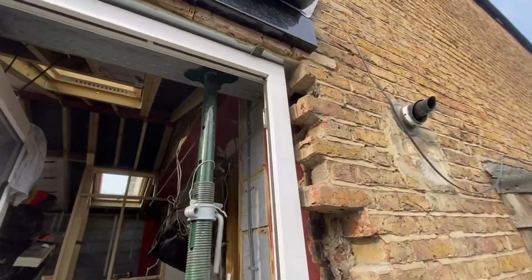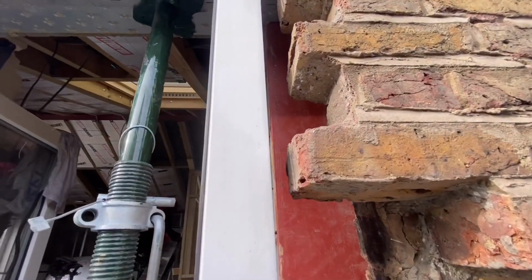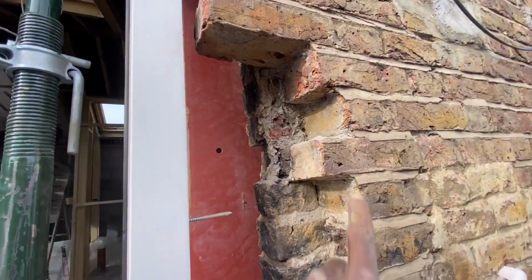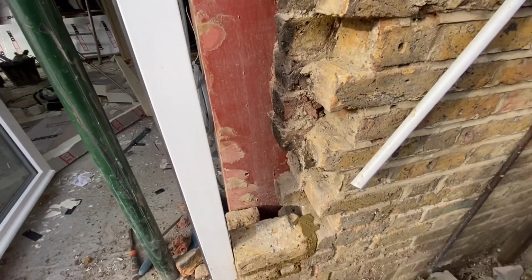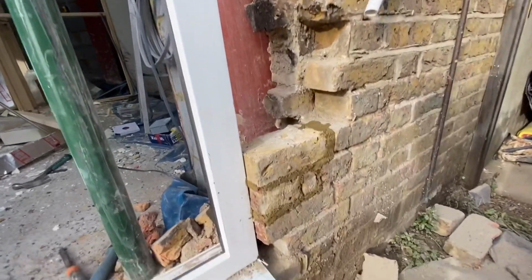We are back on site and today I am working on this door. As you can see, there's this awkward little gap here which is not going to work with these bricks, so I've got to take this brick out, and I've taken quite a few out already. Basically I'm going to tooth these back in, but I had to make this wider than it was because the door we originally were going to put in there that the customer gave us